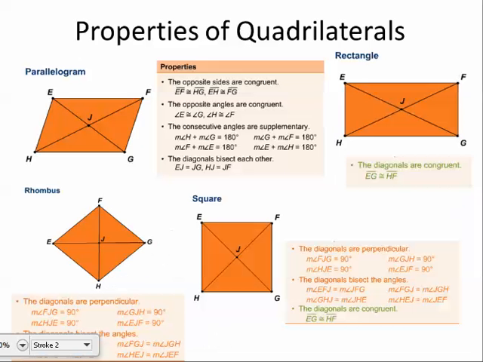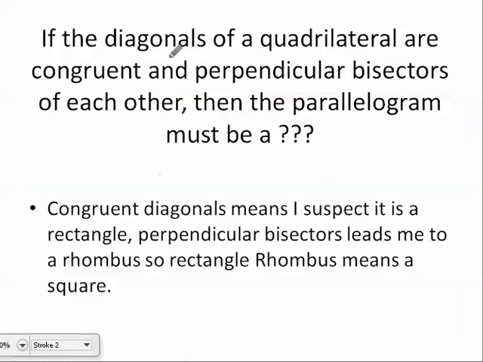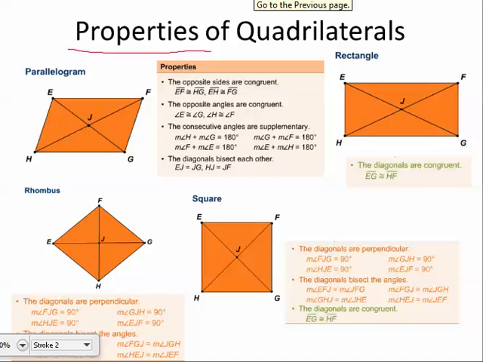Okay? Let's move forward. In Unit 3 and in Unit 4, we started talking about the properties of quadrilaterals. Now, I'm not going to go through each one of these properties again, but it is important for you to be able to pick out when you get a question like this one. If the diagonals of a quadrilateral are congruent and perpendicular bisectors of each other, then the quadrilateral must be a, well, they're telling you the parallelogram must be a. So we know it's a parallelogram. And the diagonals of the quadrilateral are congruent and perpendicular. So going back to this,